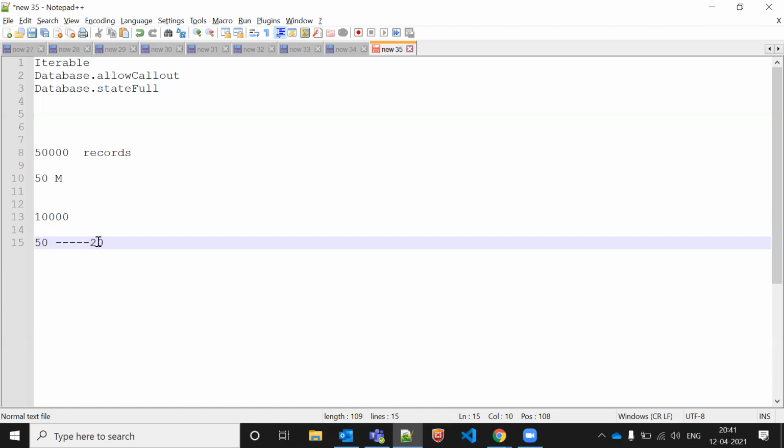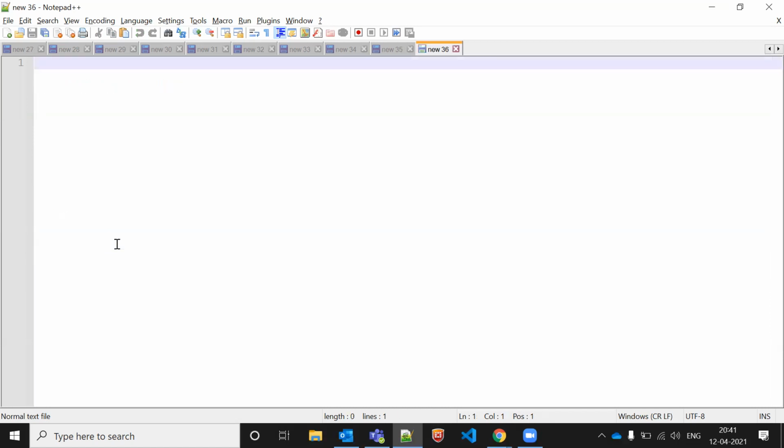If I use database.insert or database.update, like partial DML, then it will not maintain the state. We can process and count the number of failure records.